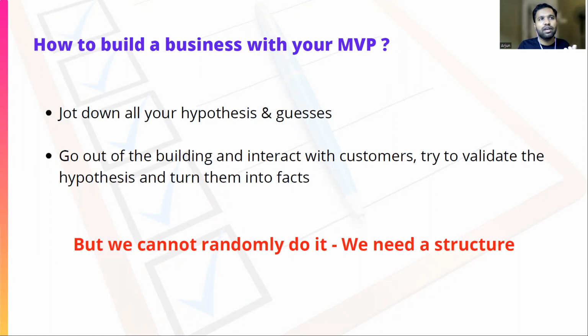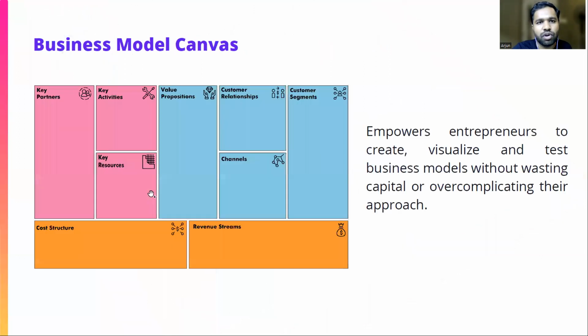So once you have a product that you feel has achieved product market fit, then you need to think about where to manufacture it, how much to sell it, how to market it, how to distribute it, so how the supply chain is going to be. So many things. It is going to be very overwhelming for you, because as a person you need to think about many different things and you can't do it randomly. So we need some structure, and that structure is what the business model canvas provides you.